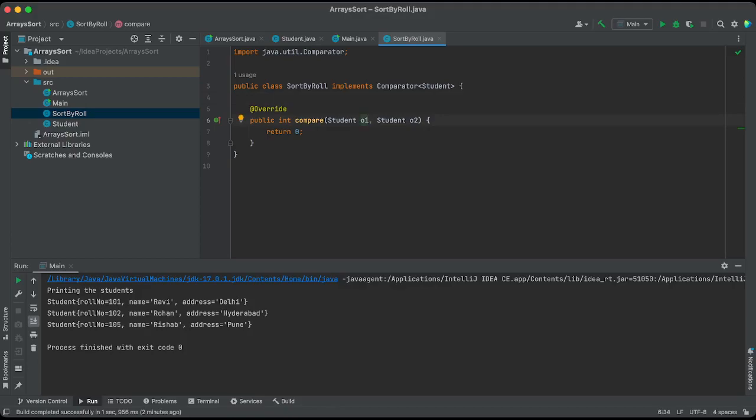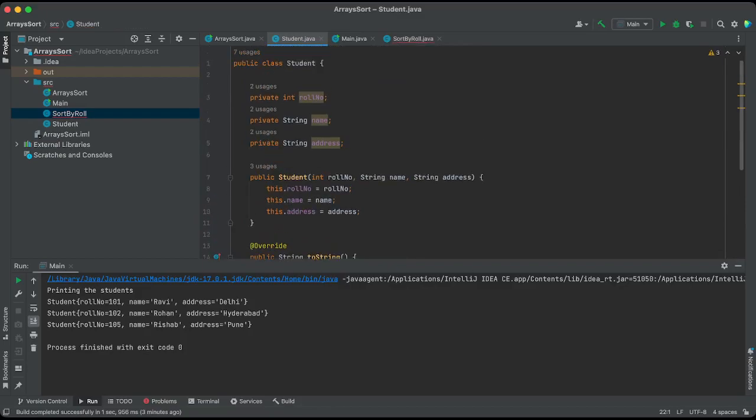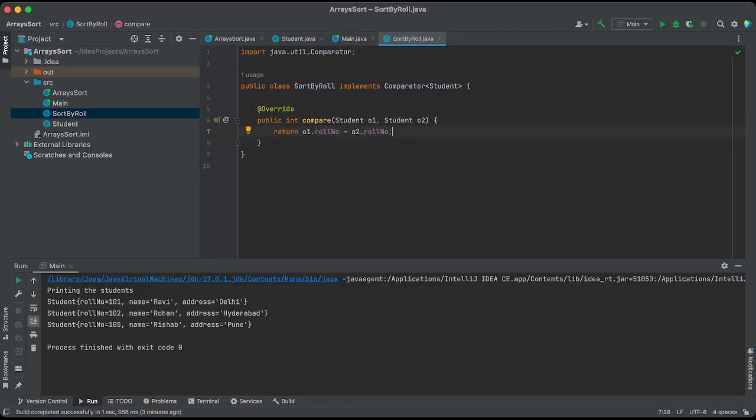We'll be comparing the first student with the second student, and we will return o1 dot roll number minus o2 dot roll number. So this is clear. Now if we run them,